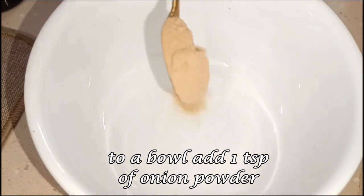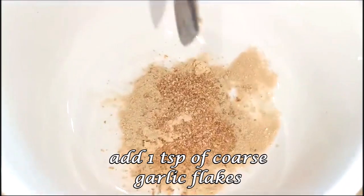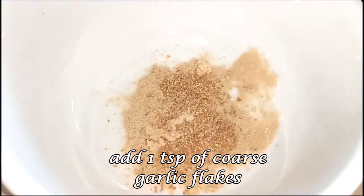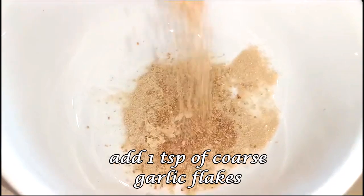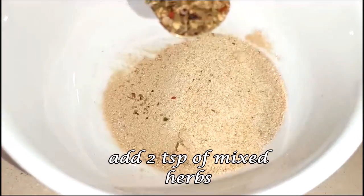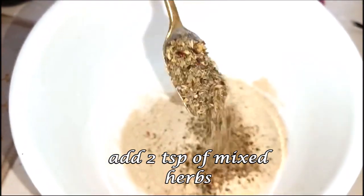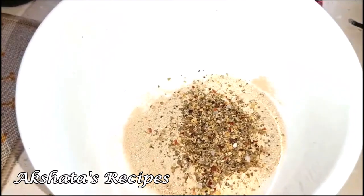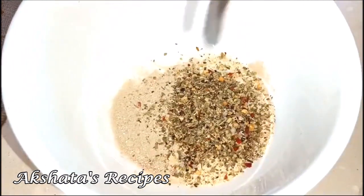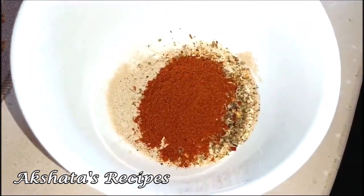Now to a bowl I'm going to add 1 teaspoon of onion powder. We're going to prepare a spice mix. 1 teaspoon of coarse garlic flakes. Now all these are available in the supermarket. You add 2 teaspoons of mixed herbs, that which has oregano and rosemary, just the mixed herbs that you generally get in the supermarket. Then I'm going to be adding 1.5 teaspoons of regular red chili powder,